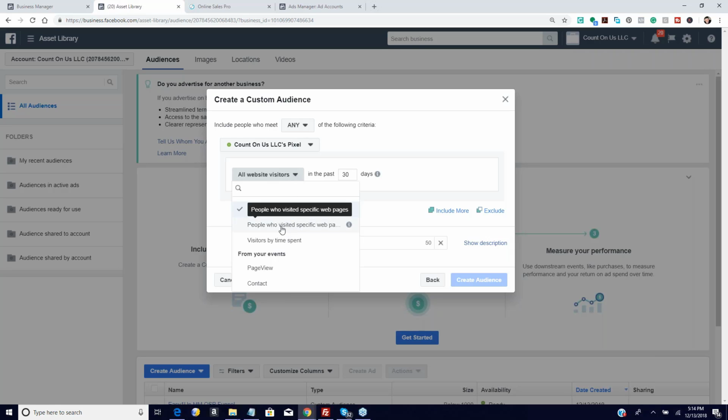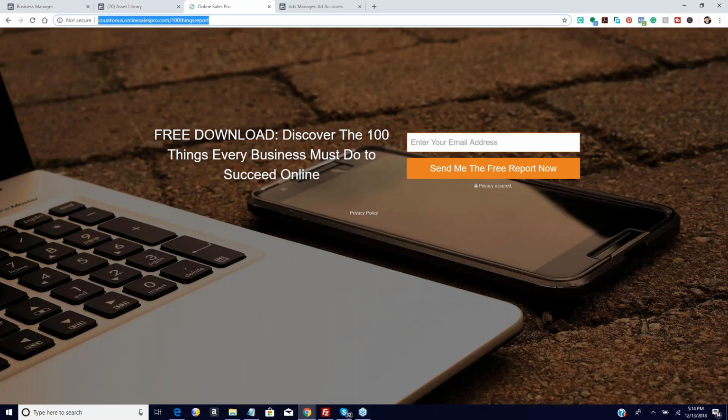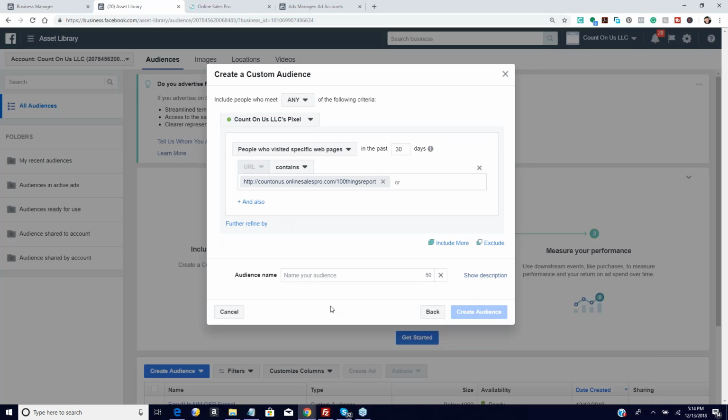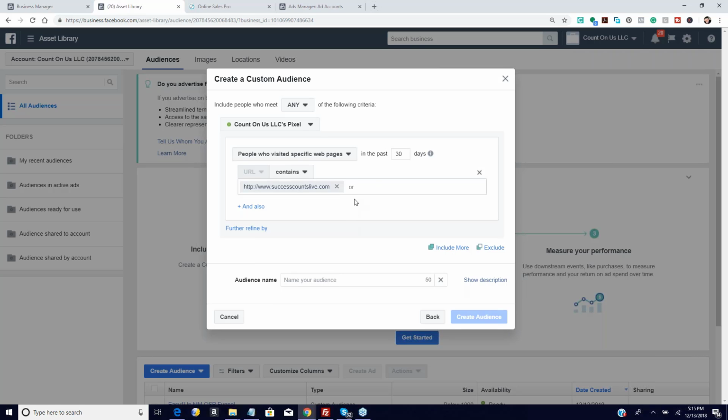all website visitors, people who visited a specific page, right? Then you're going to put in the direct link for the page that you want to track. So I'm actually going to put my direct link for this page right here, okay? Notice that I just put in my URL there, and I just choose name my audience. Now, I already have a page set up for this, so I'm actually going to send them to a different one of my pages. So I'm just going to drop the traffic there, okay? And we're going to just call this,